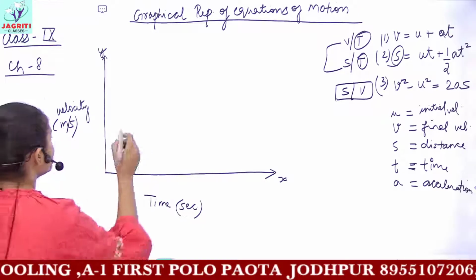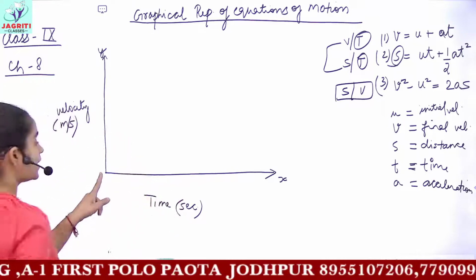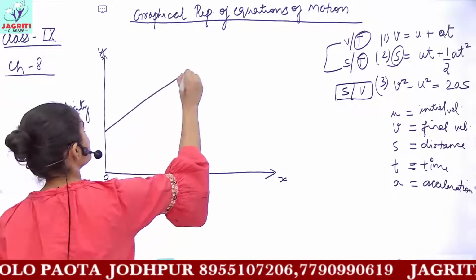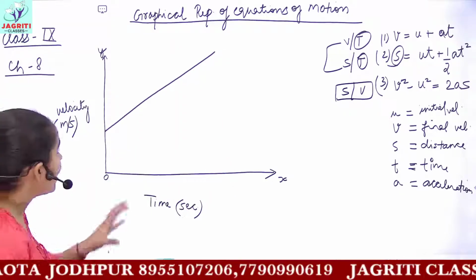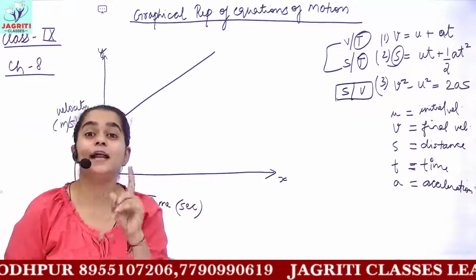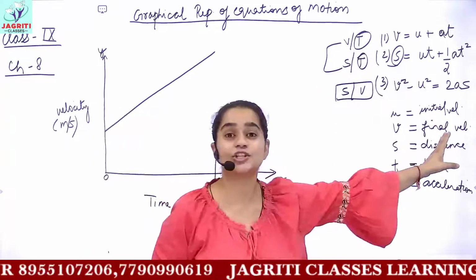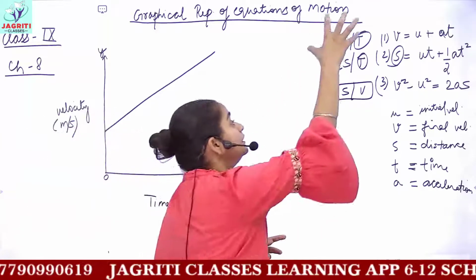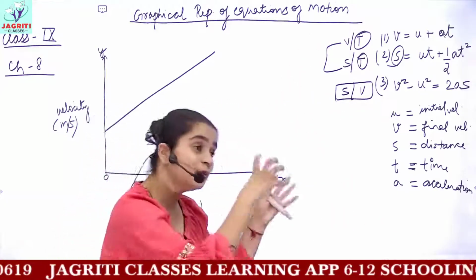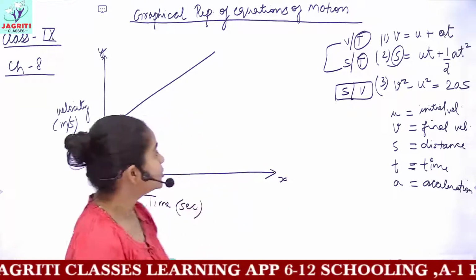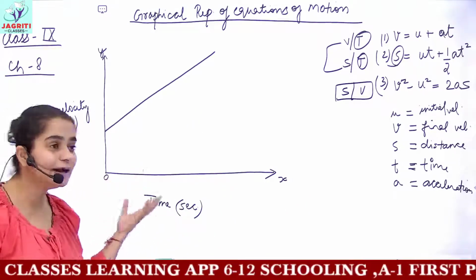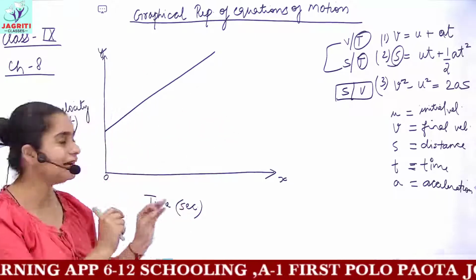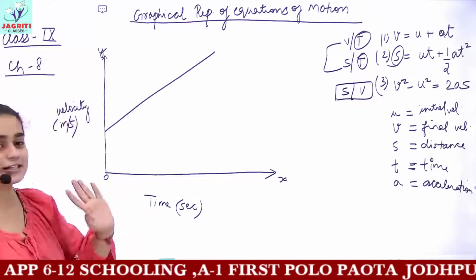Now the graph so formed does not start at the origin, that is, it is not starting with 0, it is starting with a value which is not equal to 0. So you have to draw this graph if you are given a long question that says derive all the three equations of motion. Derive means you have to make the graph and then you have to formulate all the equations yourself. So you have to learn this topic, but if you understand it, it would be much easier to learn, and definitely this is a very easy topic if you understand the concepts.